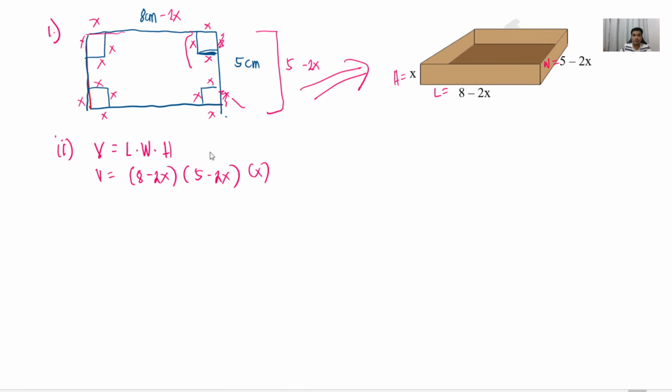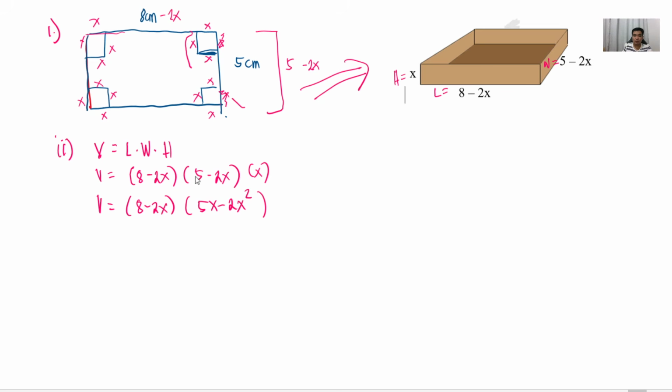Wait, class. Nag-move yung ating video. Okay. So, i-arrange ko siya. Volume is equal to 8 minus 2x, and then 5 times x, 5x minus 2x squared. Okay? Or, ang gawin nyo is, ipag-multiplyin nyo muna silang lahat and then i-derive nyo or